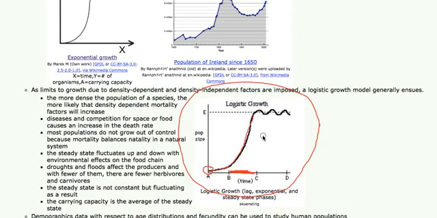But death rates are still low because, again, there's few predators, there's no diseases, there's no crowding, and there's definitely food availability. But eventually, birth and death rates balance out, and you end up with this oscillating pattern, which you see at the top. And that oscillating pattern doesn't actually go straight flat line.